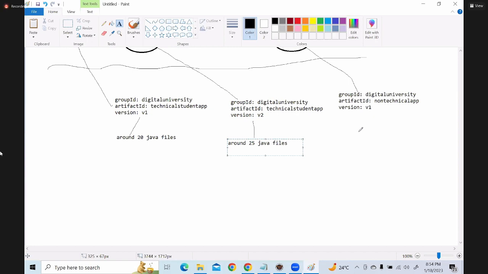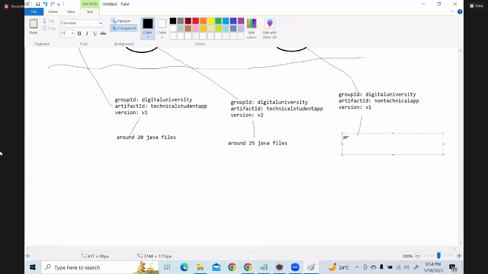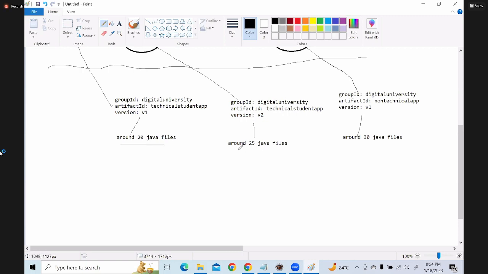And this contains around, say, some 30 Java files. Let us think, you can think like this is one project, this is another project, this is another project. Now all these Java files, when I compile,